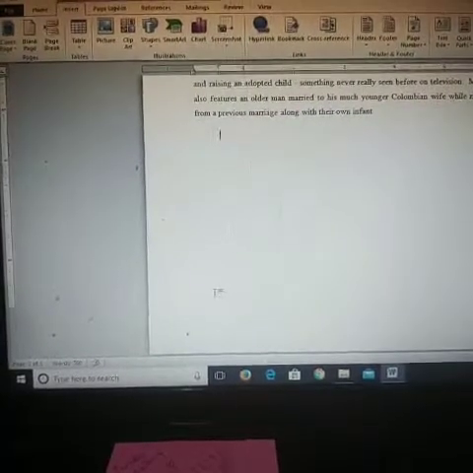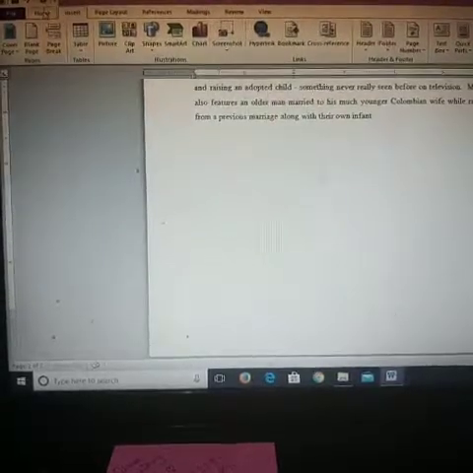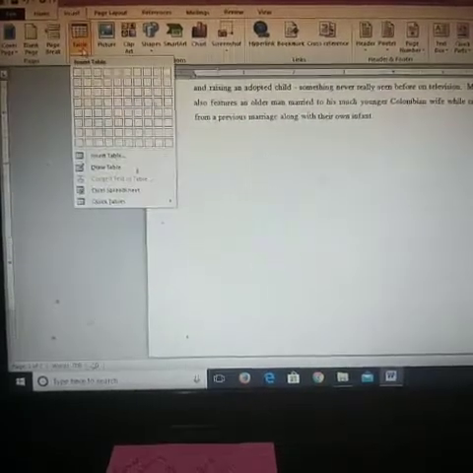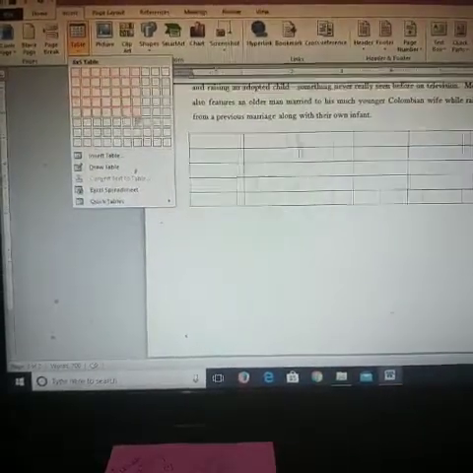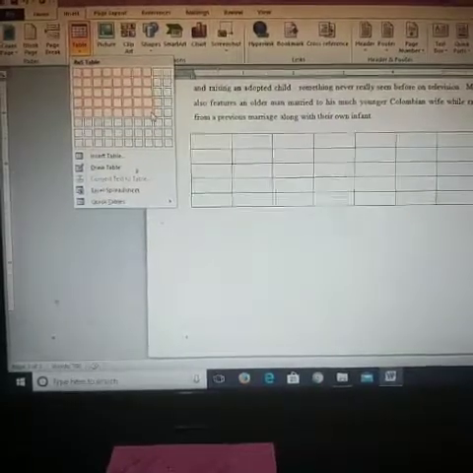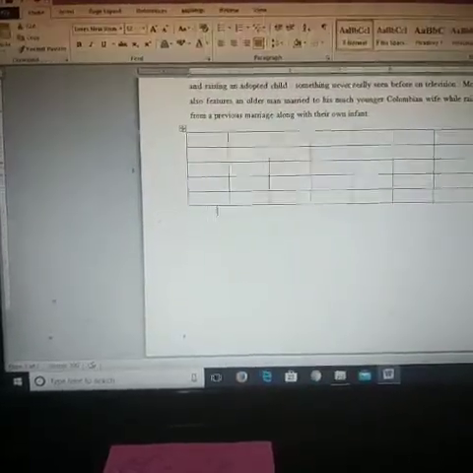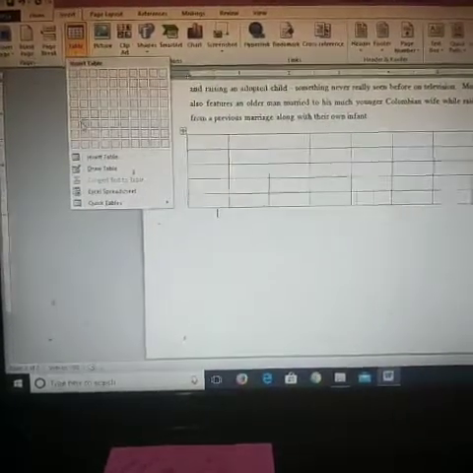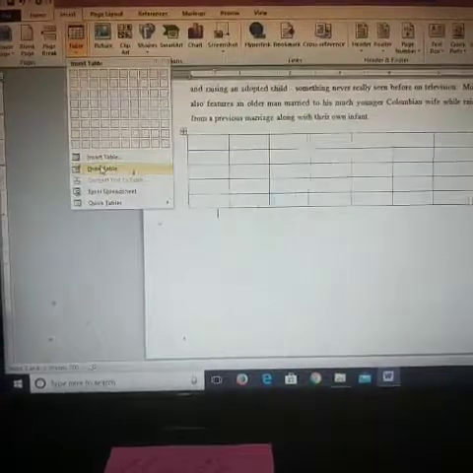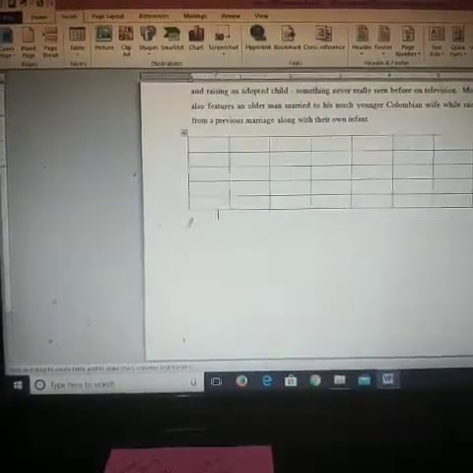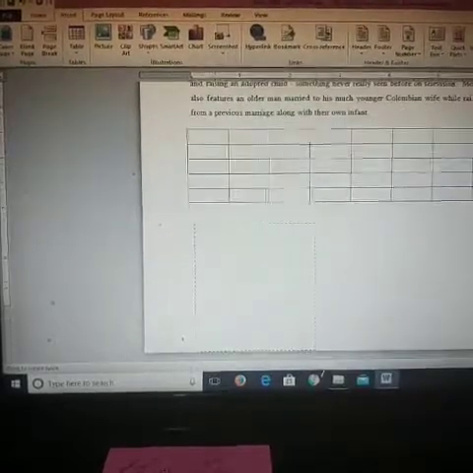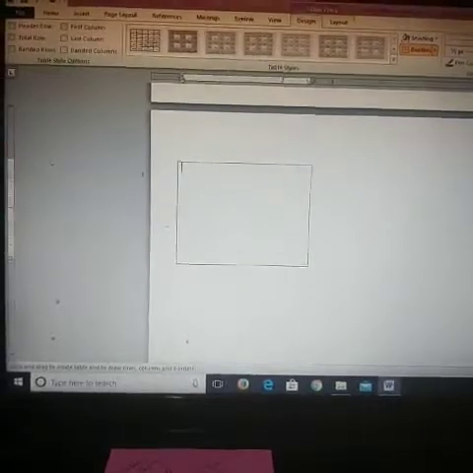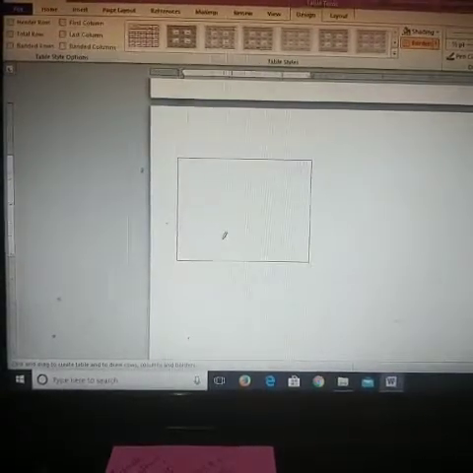So your next topic is inserting a table. Can you see over here? You have to click on the insert option over here. Do you see the table option here? Click on this. You can select as many rows and columns as you want. Okay, like this. It comes. Suppose you want to customize your own table, then you click on this and you come like here. Okay, draw table and then you can do it on your own like this and then you can write whatever you want.